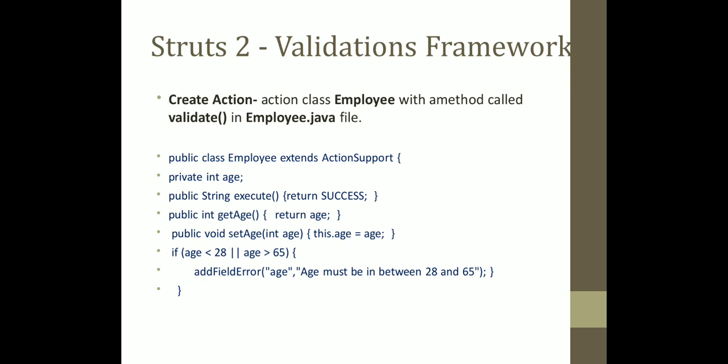If either of those conditions is true, then addFieldError equals "Age must be in between 28 and 65." So if the user goes outside of that range, then you have to use this validateEmployee method in the action part. Okay,